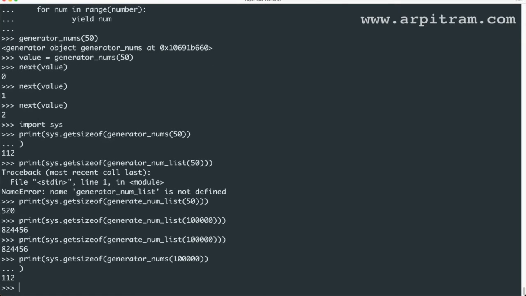So it is the same. This is because it is only yielding, and it is not creating the entire list of numbers in one go, right? The power of a generator is simply that it is generating values and providing them to you one by one, whenever you require it. So you will not need much memory here. So I just wanted to try out this difference between a Python list and a generator. So I've used this CLI.